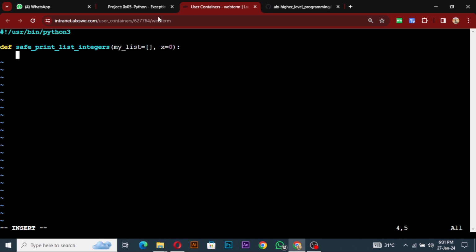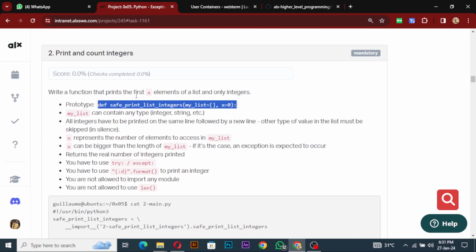Good. So what do we need to do? It says write a function that prints x elements of a list, and only integers. So it's like the first one, but only integers this time around. My list can be any type: integer, string, anything. All integers have to be printed on the same line, followed by a new line. And then just like the second one, in case we have a value error, we'll silence it,